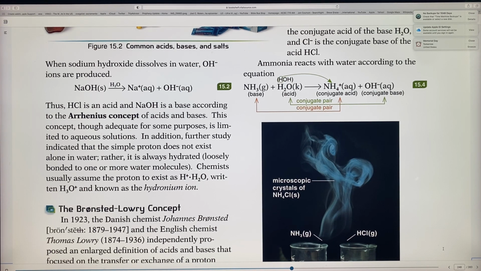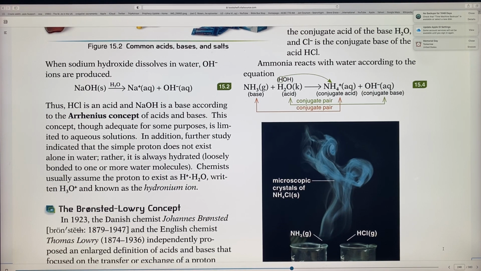Okay, let's see. Now we're going to go on to, well, before that, this is another thing that's very important. Chemists usually assume that there's also a proton that exists as hydrogen in water, and it's written and known as the hydronium ion. So we're going to be talking about this hydronium ion. Let's read this. It says,